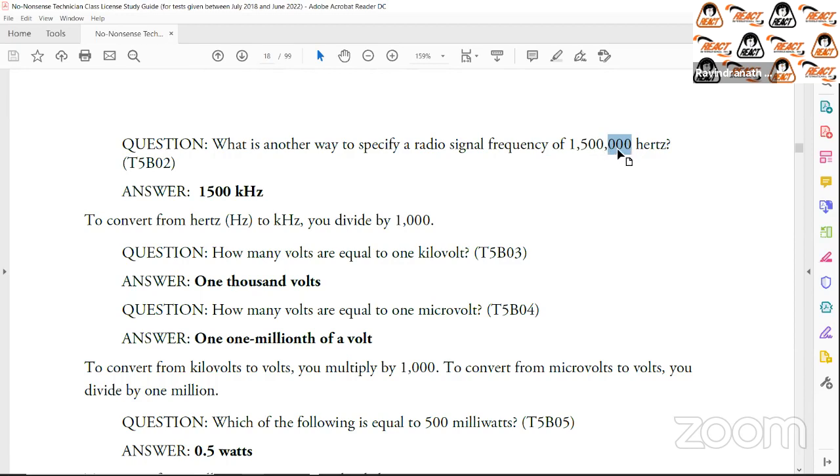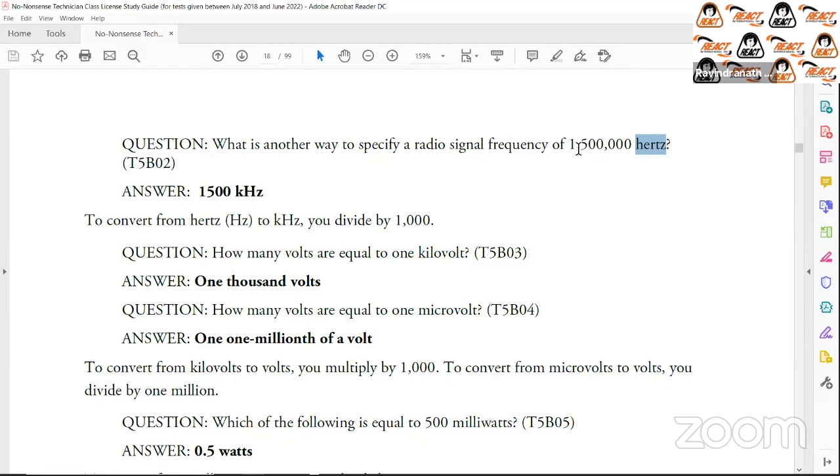So I can convert this by dividing by 1,000 to bring the number down to just 1,500. And I know when I divide by 1,000, that's a kilo. So if I divide 1,500,000 by 1,000, I get 1,500. But that will be 1,500 kilohertz